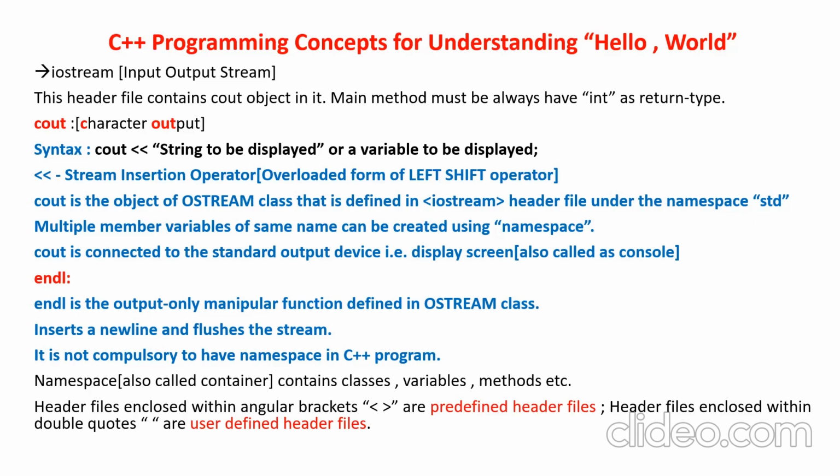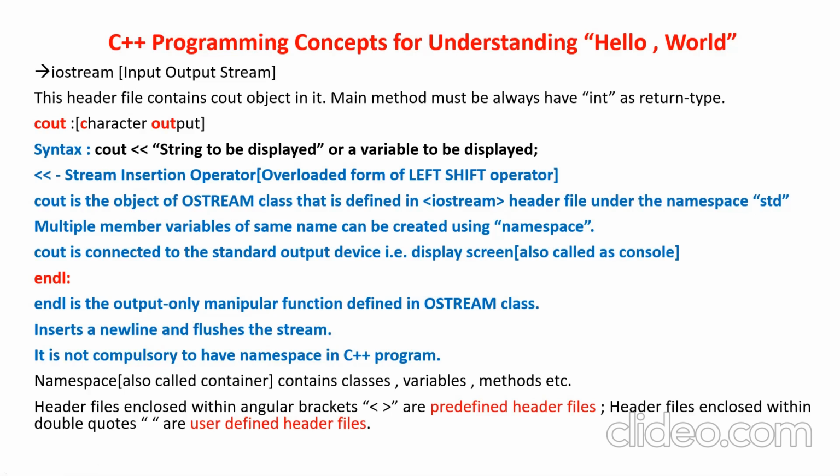So it is called lesser than in the case of arithmetic classes, whereas it is called the stream insertion operator when it comes to the OStream class over here. So cout is nothing but an object. This double lesser than is present as part of your OStream class. So this is called a stream insertion operator. For example, cout is the object of the OStream class. It is defined in the IOStream header file under the namespace std.